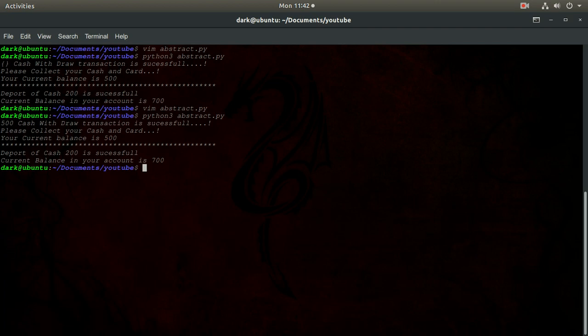Now, first we withdraw 500 rupees. So what it is saying is 500 cash withdrawal transaction successful, please collect your cash and card. Your current balance is 500 rupees. Again, I did another transaction. Deposit of cash 200 is successful and the current balance is 700 rupees, because 500 was withdrawn from 1000 rupees, the remaining balance was 500, and we added 200 again. Right now it is 700 rupees. Like that we can use abstract methods and an abstract base class in our